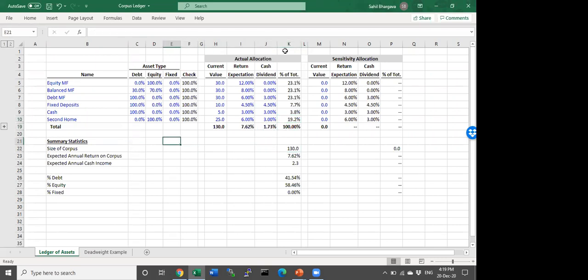Now, if we look at these summary statistics that I've calculated below, we can get some more information. So what else do we know? Sorry, the second home I'm actually going to classify as fixed, not as equity, because it's a little different than something liquid like an equity MF or balanced fund. So we can tell here that